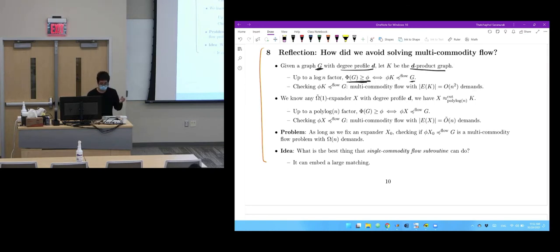In other words, the congestion is like 1/phi. There are some log factor losses here, but essentially this is what we have. But to check if this is true, this is multi-commodity flow where